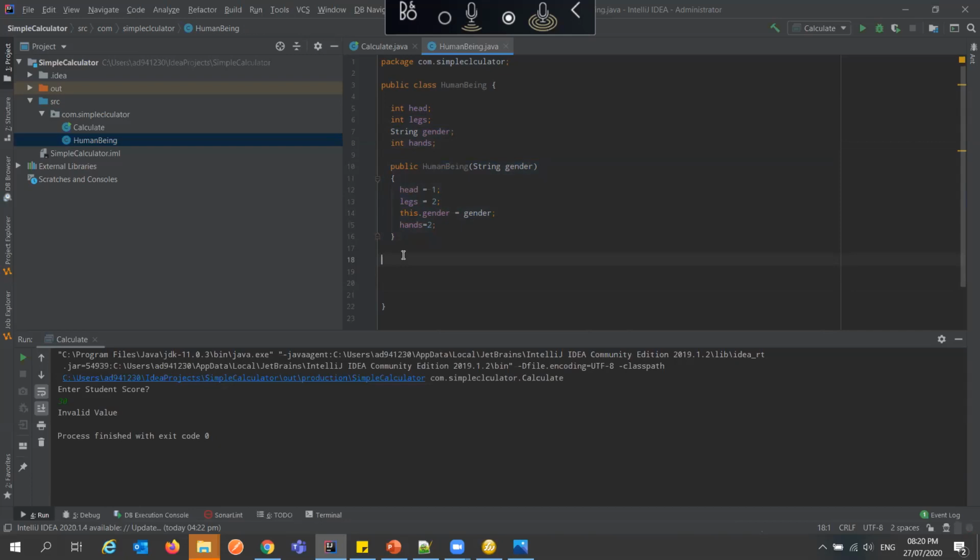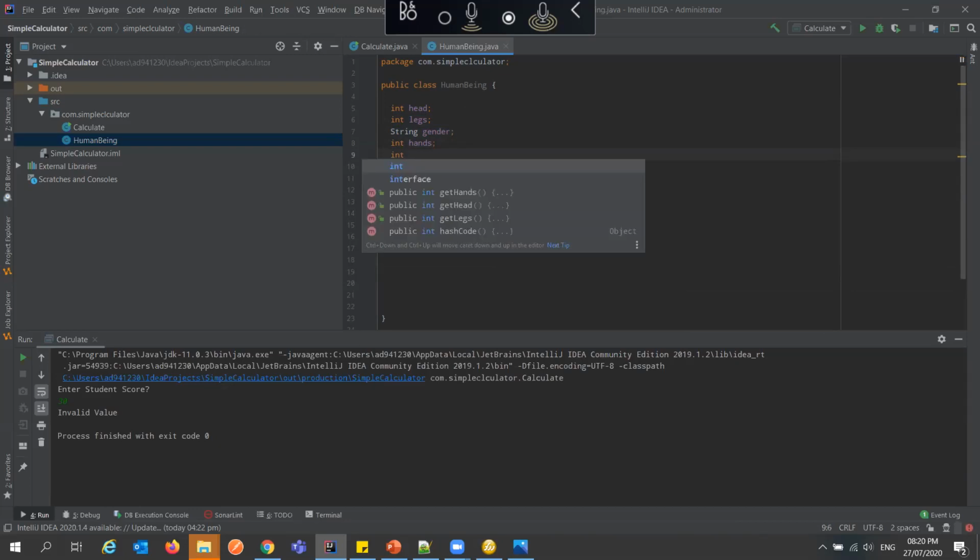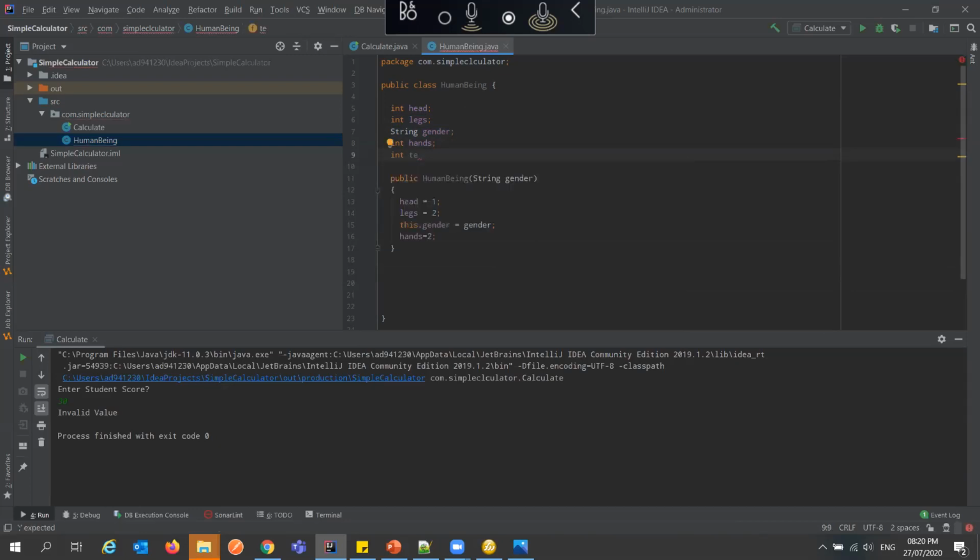A method is what the class can do. For example, if I have a method, get or set, let me take teeth.